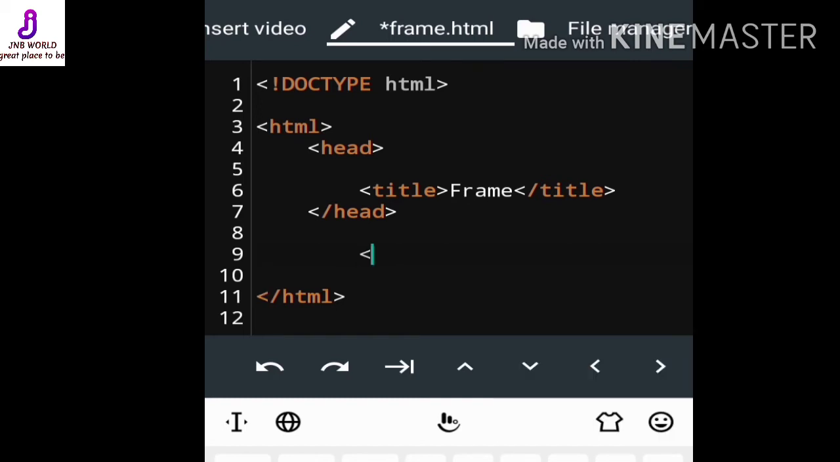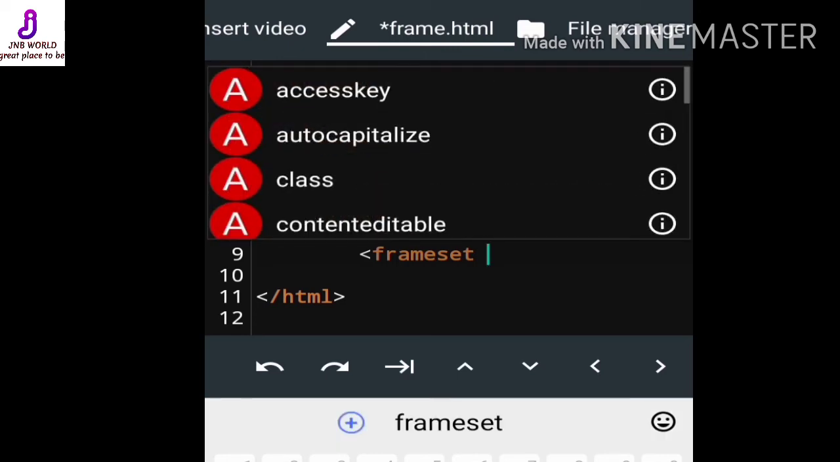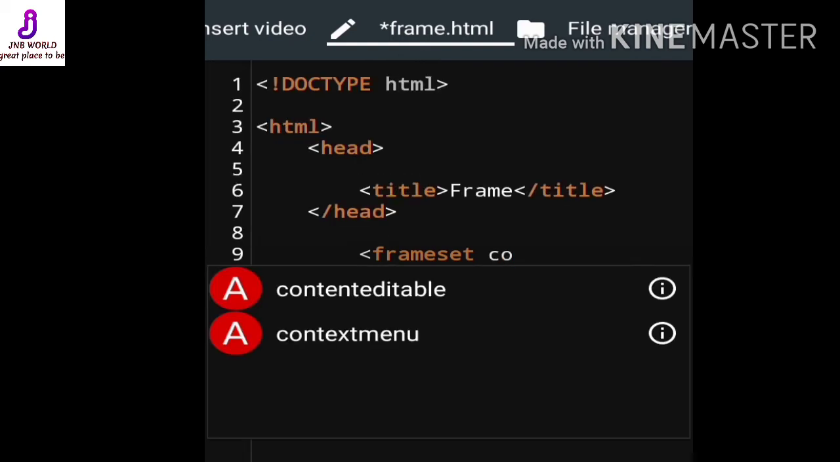For this we have to use the frameset tag. After frameset we have to use our attribute. If you want to divide the window row-wise, then you have to use rows. If you want to divide column-wise, then you have to use columns. Now I want column-wise, so I have to use